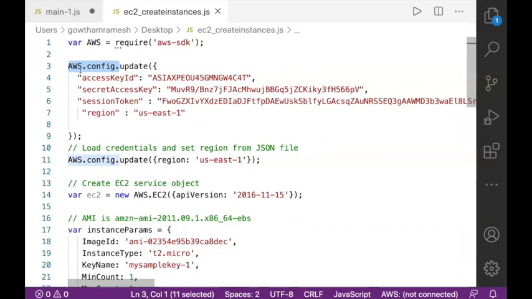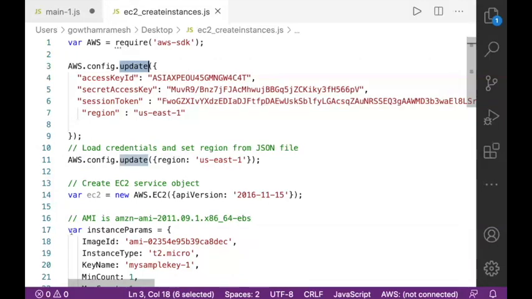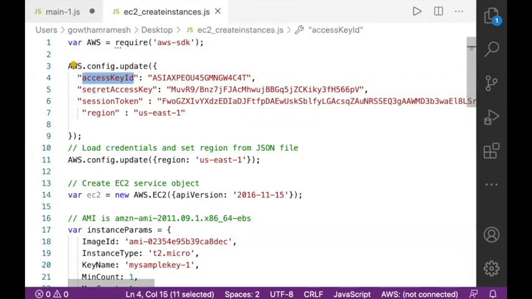Whatever existing configurations are available, I'm going to use them, and in addition I'm going to update the configuration details. The aws configure command asks me to enter an access key ID, so we have entered it. And it asked us to enter a secret access key, we have entered it.